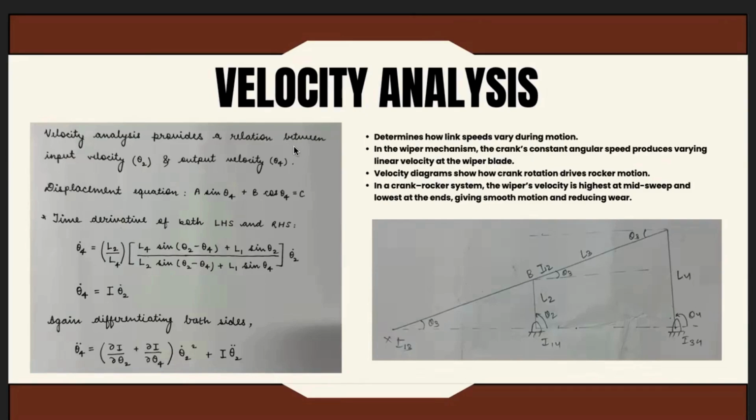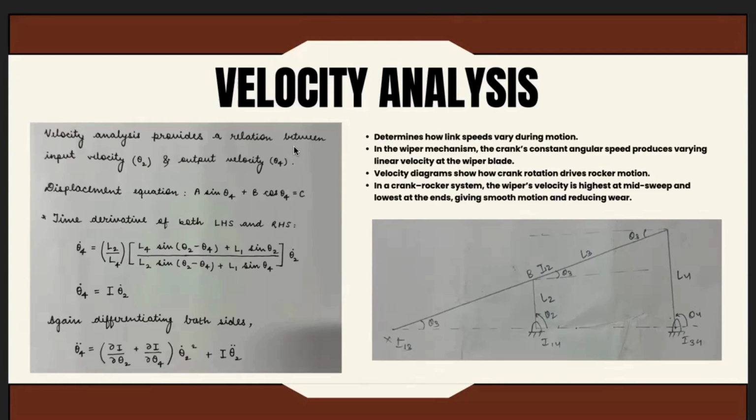Now we have obtained the displacement equation where A, B and C are functions of length and angles. The displacement equation obtained is a relation equation which relates the magnitude of vector L2 to L4 with the length L3. Upon differentiating the equation with respect to time, we get the velocity equation in terms of Jacobian, which is